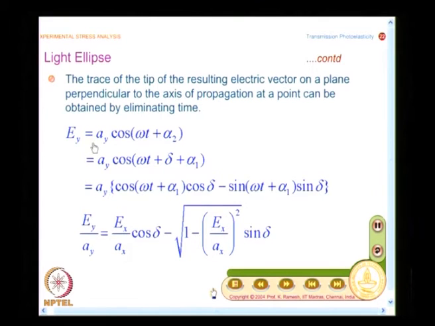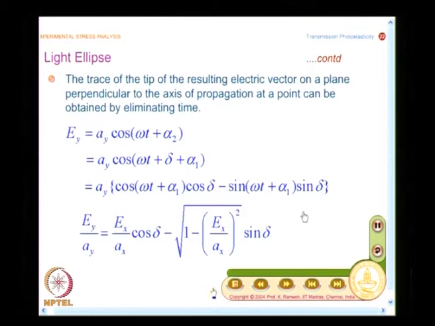So, what I have done is I have just taken this expression, replace alpha 2 in terms of delta plus alpha 1, use trigonometric identity and got this expression, then replace this terms involving time by E x by A x, and now I have the final expression, and this could be further simplified. Can you do that simplification? Do that simplification, because if you do the simplification right at the class, when you revise the notes, whatever you have learned becomes very simple. This is a very simple exercise, and let us see what we get.